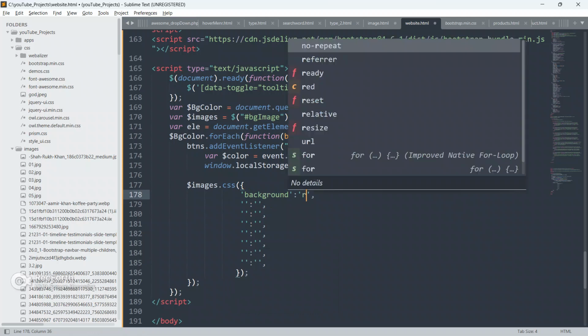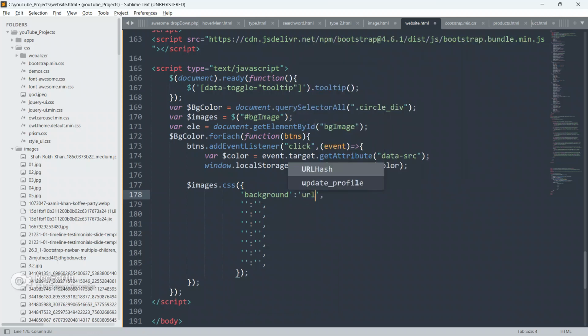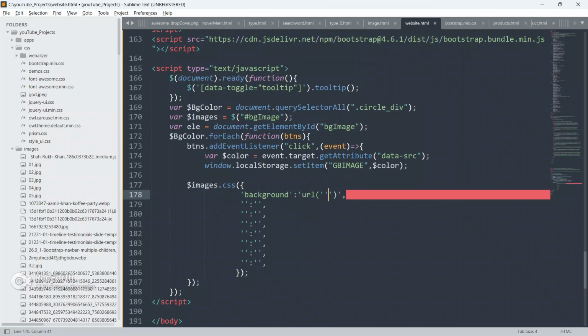So now give background as url, and we will append this bg image guys, okay.